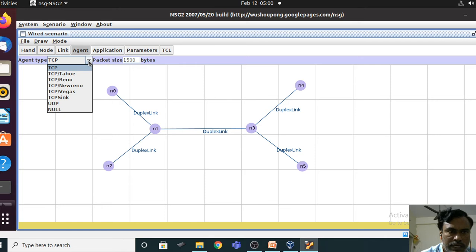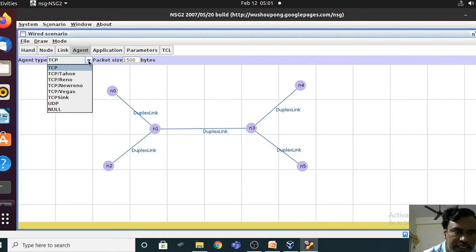Therefore, you need to attach this agent, TCP, to the node n0, because I want to transfer data from node n0 to n5, and as I said, you have to connect this,